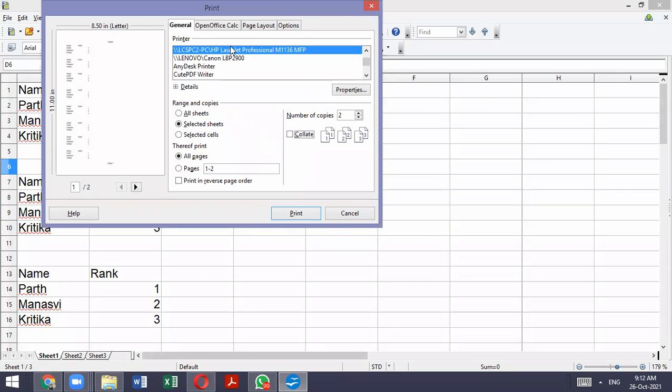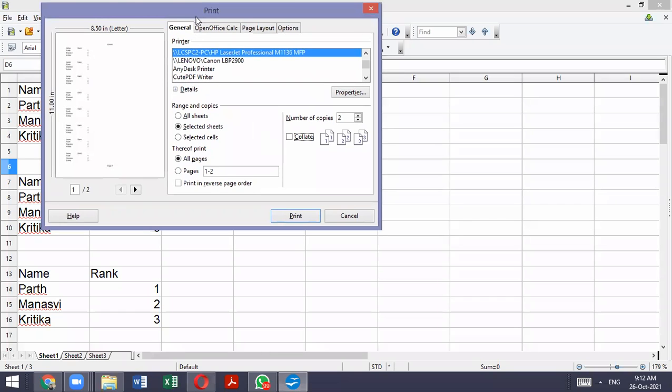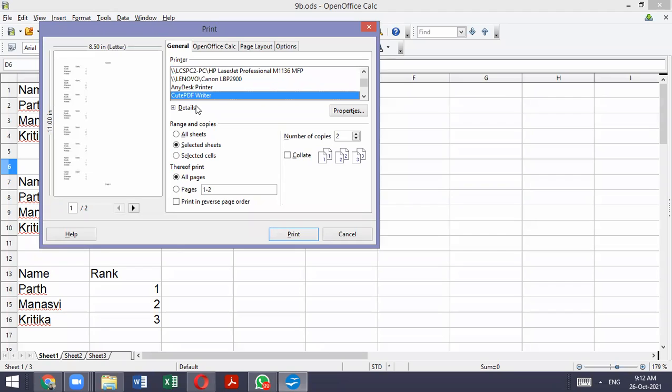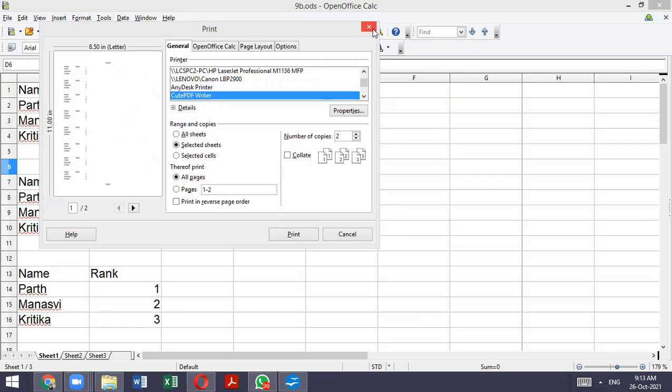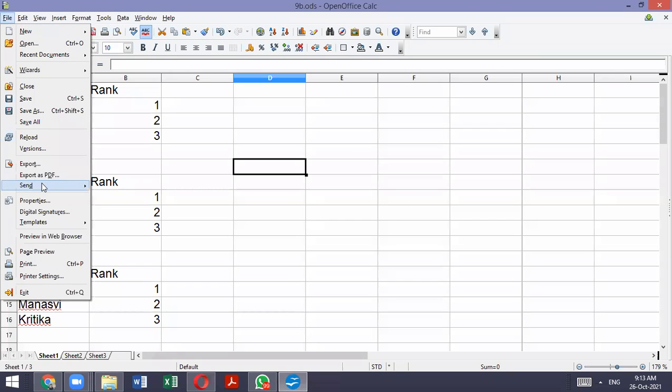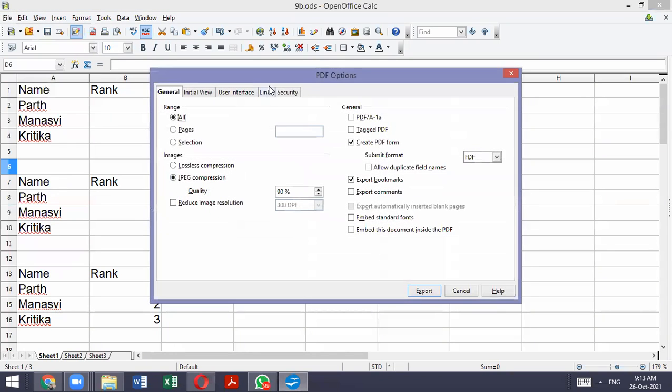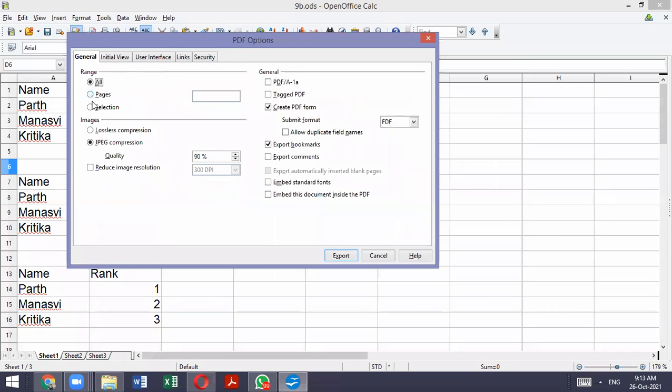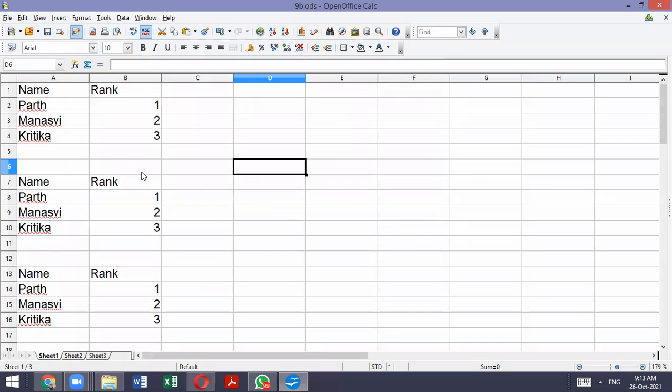And next thing, you might know that if you have some PDF software like CutePDF, you can easily make a PDF from here only, right? So this is a good feature to convert the document into PDF form. No need to go online and do the conversion. There are also a few options that you can export directly to PDF. Export as PDF option is there. So these are very useful while converting to PDF form. These are not in your syllabus, but still I'm telling you because these are an important part.